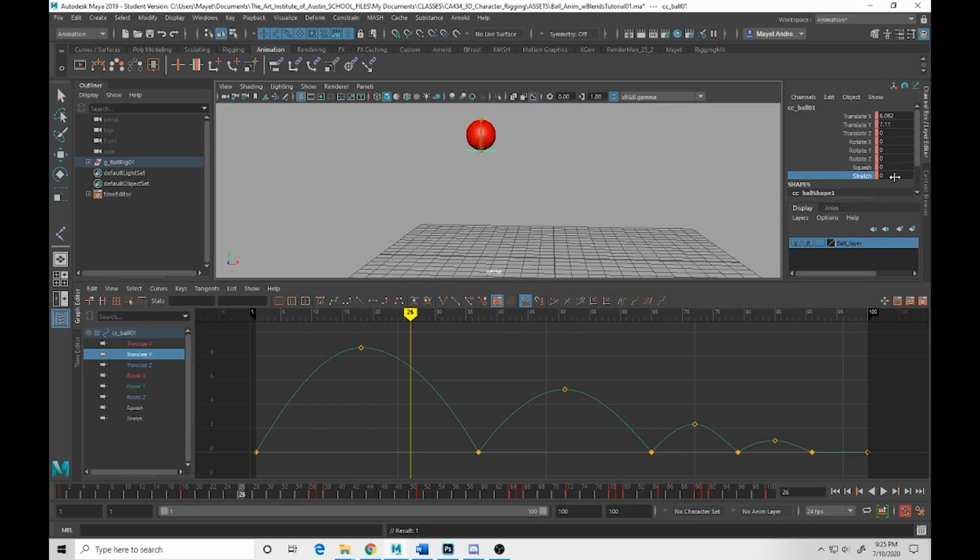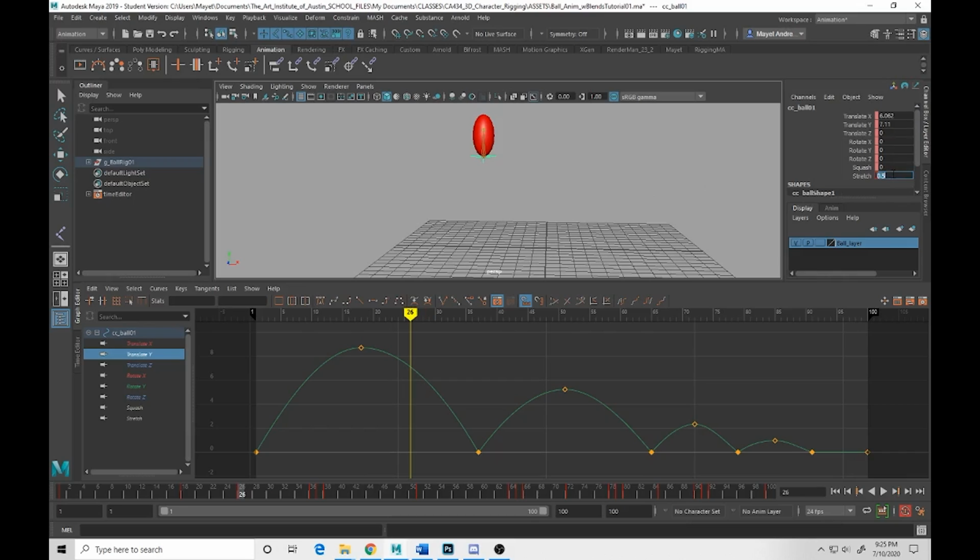And then, I don't know, let's try 0.5. That seems really stretchy. Yeah, let's do 0.3. I think that's more reasonable. And 0. And